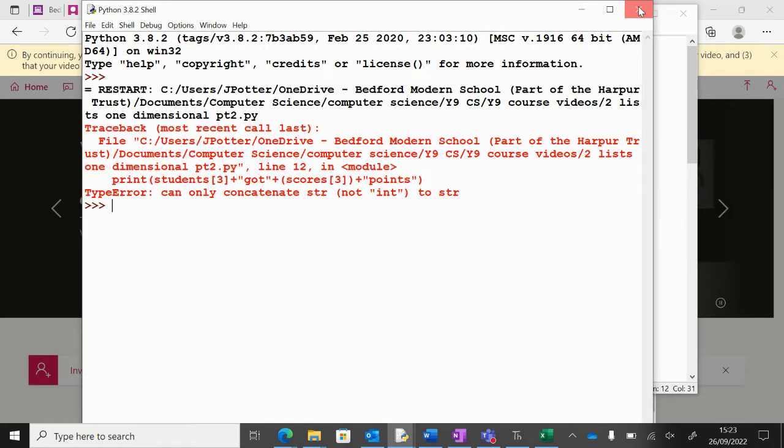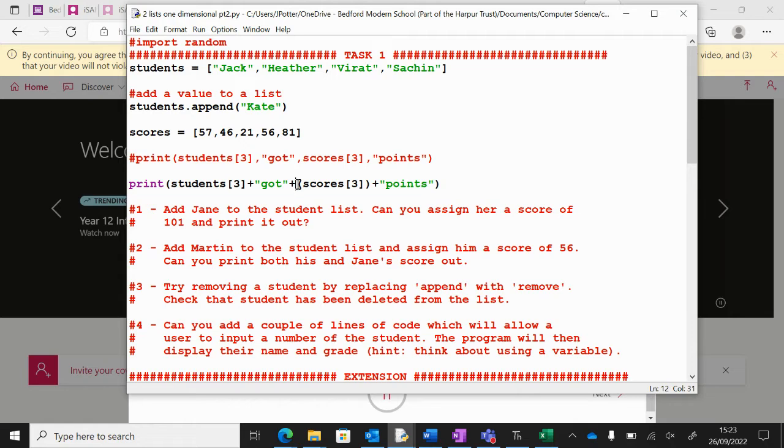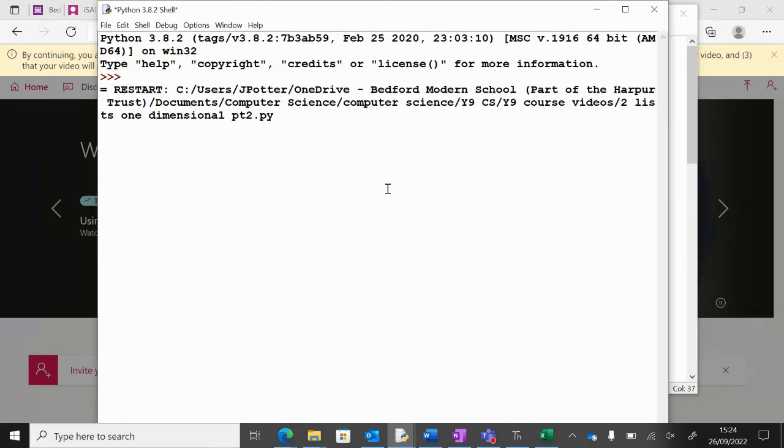To overcome that, we have to convert that value, which is an integer, to a string. It's really simple. We just type str in front of it and make sure it's got a set of brackets around it. That converts it to a string, so it will now display properly. Well, it will look weird, like I tell you, the plus gets rid of the spaces.